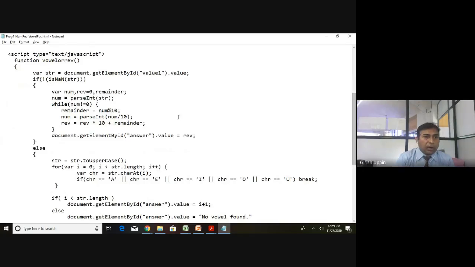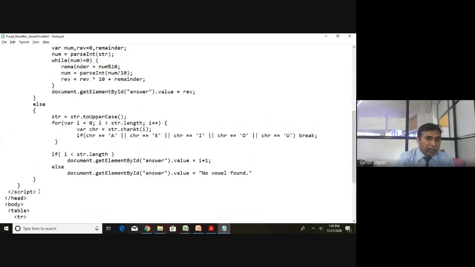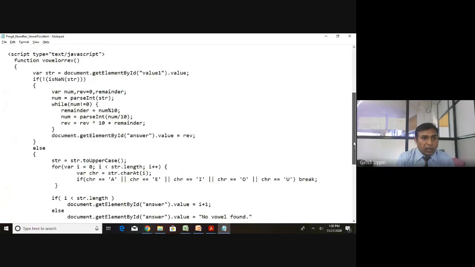Next is the script part. The script will start here and the script will end here. This is also inside the head. How many functions do I have? I have one function. What is the name of the function? Function vowel or rev, inside the empty brackets, no parameters.